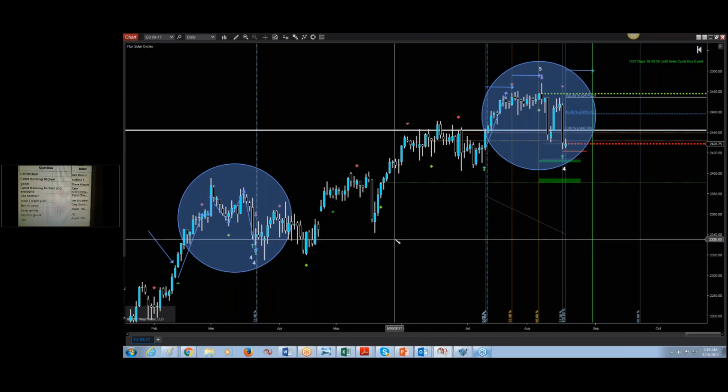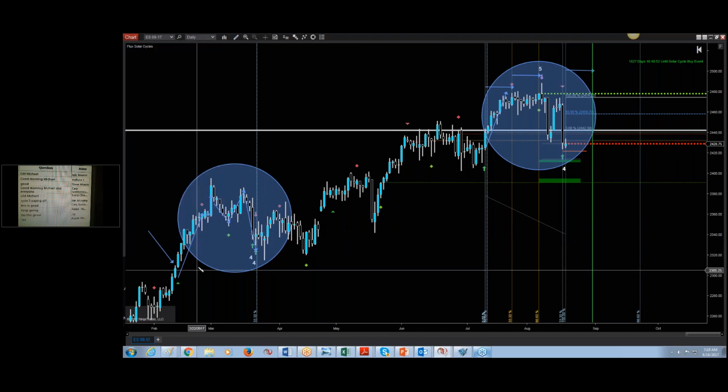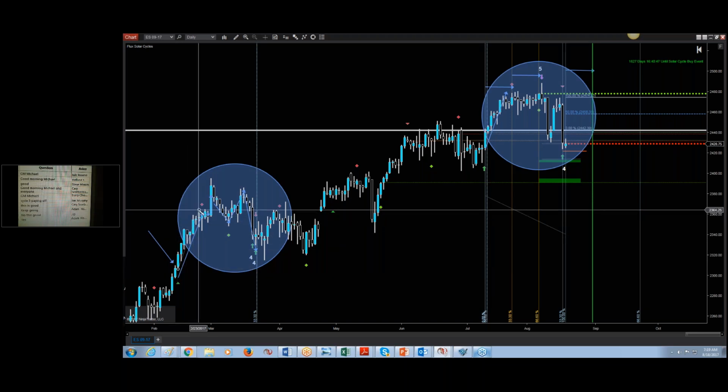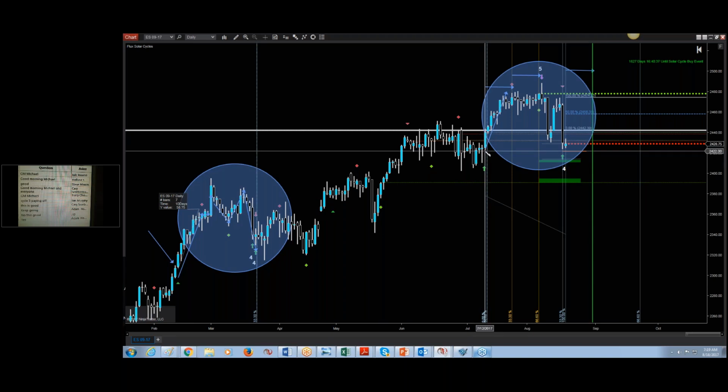And one of the things that we can do is measure how far the run up was the first time. So I'm going to go from the low of the candle here to the high of the run right here. And that was initially, what was that, $59? And so up here I want you to see,